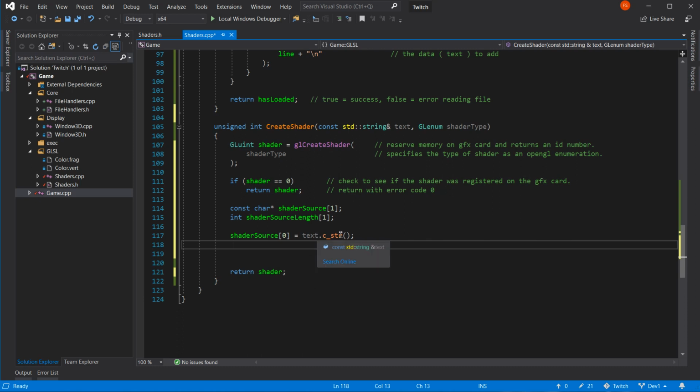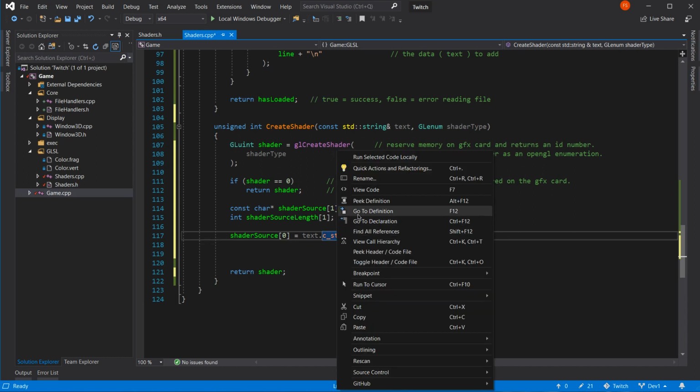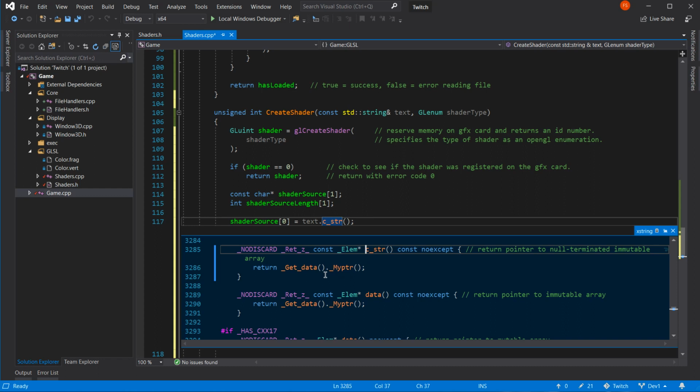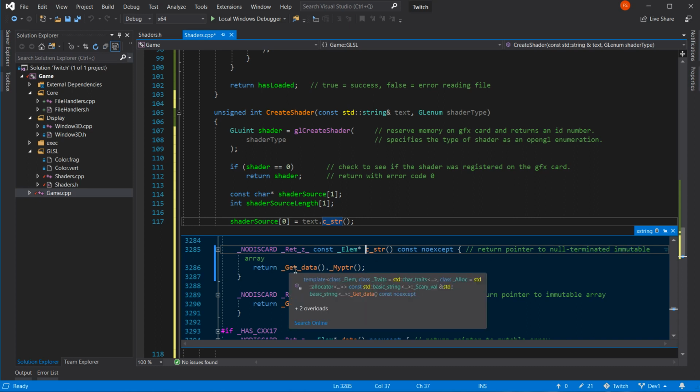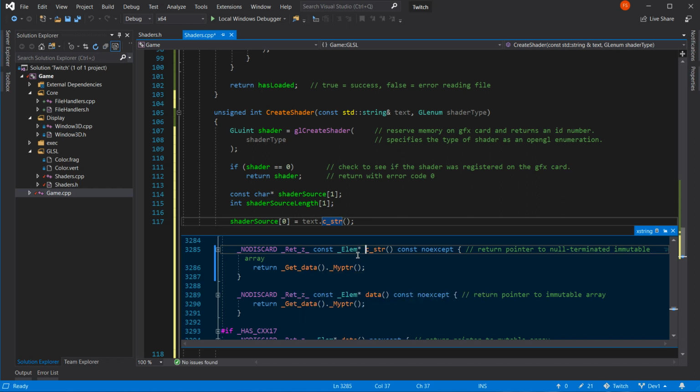It's a stupid way that that thing works there. Peek definition. Const noexcept. Return pointer to null terminated immutable array. There you go. So it just takes the pointers. It's a crazy little thingy.